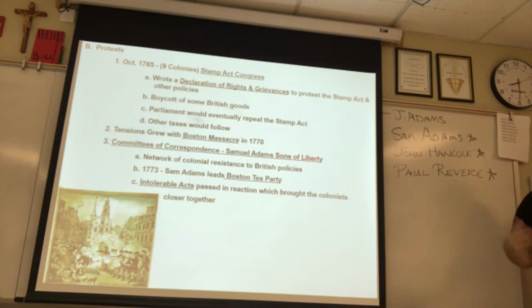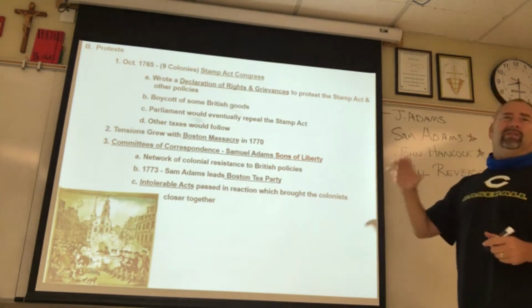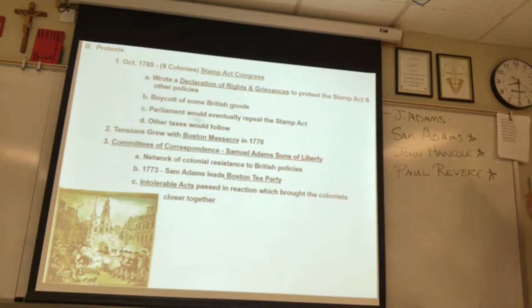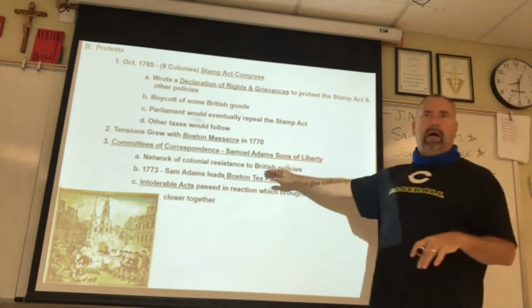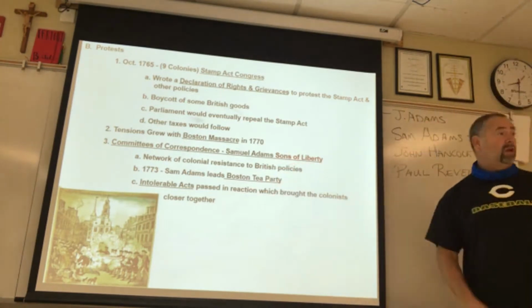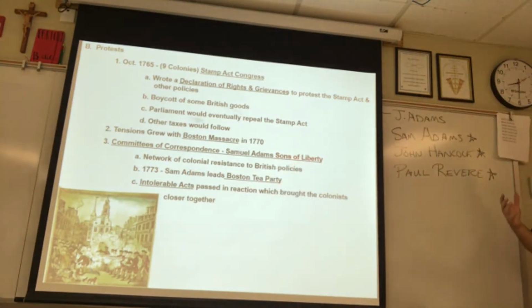Sam Adams is basically a failed businessman, a tavern owner, and kind of lives in the shadows. He's kind of a shady character. So you've got this really rich guy and this shady character. They're complete opposites, but they will be the driving force behind the Sons of Liberty. And so they start to stockpile. They start to buy guns and gunpowder, just in case the British want to get frisky.